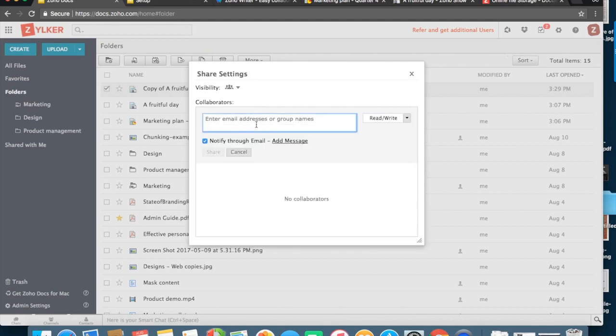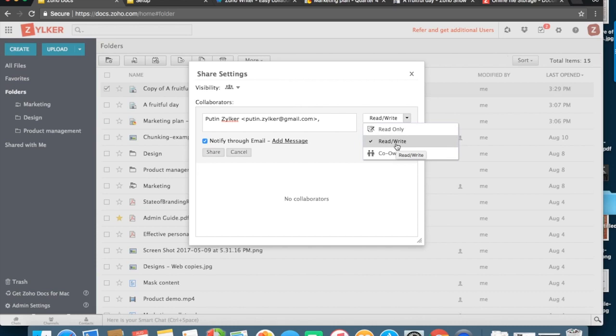Now let's see how I can share this with someone in my organization. Now once I enter the email ID of the person in my organization, I will have to set permissions for this particular person. So the permissions we have over here are read only, read write, or the co-owner. So with read only permission, the user will only be able to read my files and not edit it in any form.